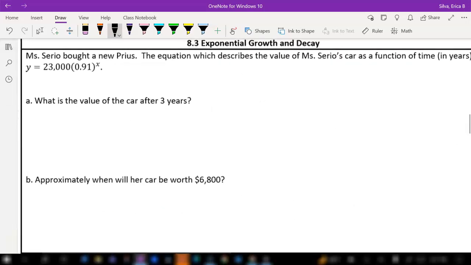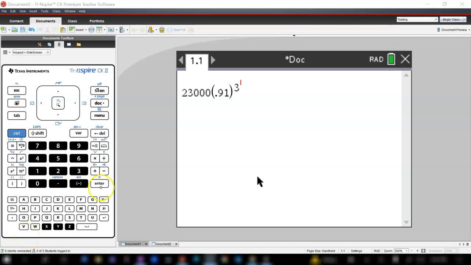For the next one, a car is bought in a certain year, and the equation describes the car's value. Using that equation, what is the value after 3 years? That means x is equal to 3. So we simply write our equation and put it to the third power. Use your calculator. Okay, we put it in our calculator and we get